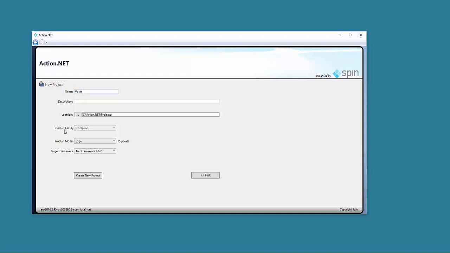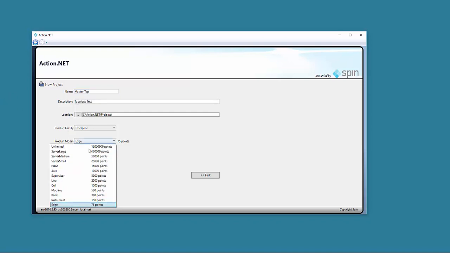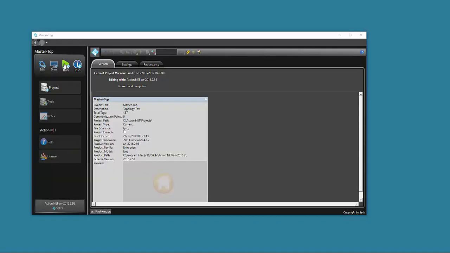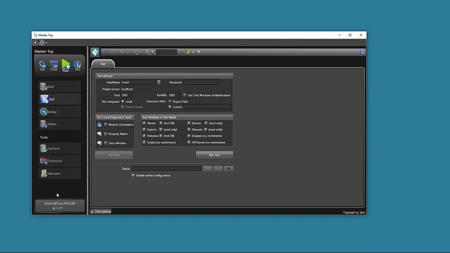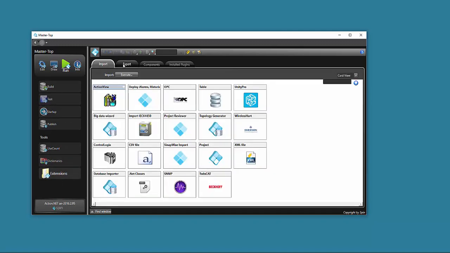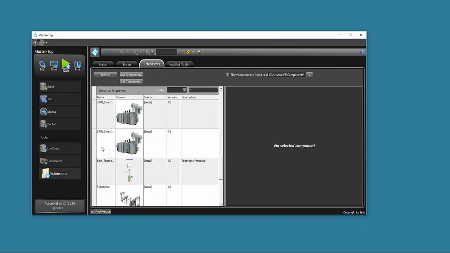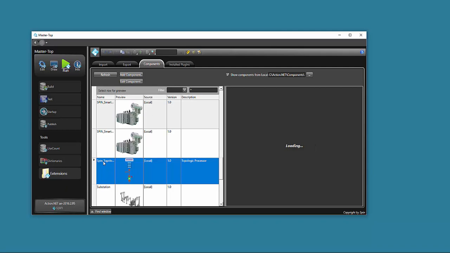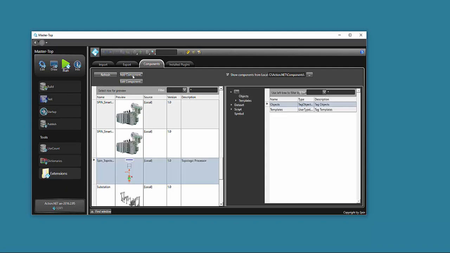Let's create a new project, where the topological processor will be used to colorize energized lines. First, we add a component called spin_topology, which contains all the necessary functionalities, like